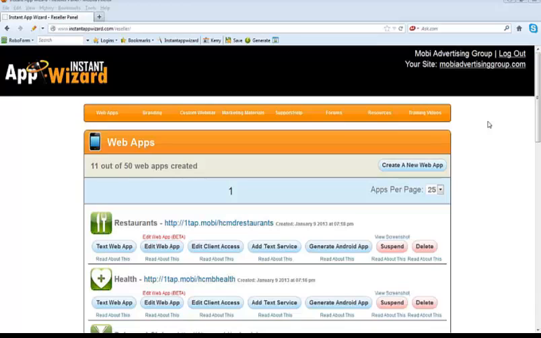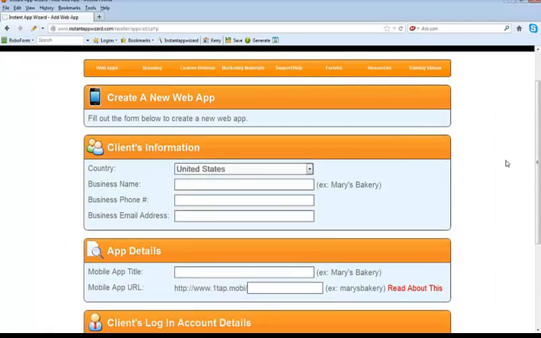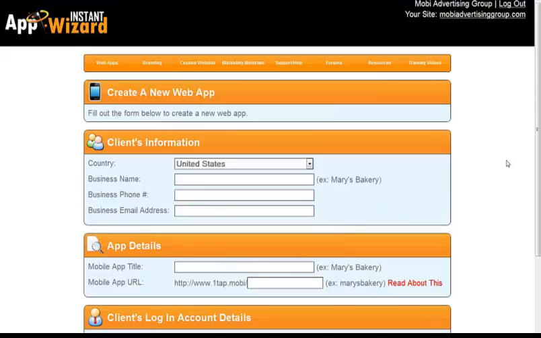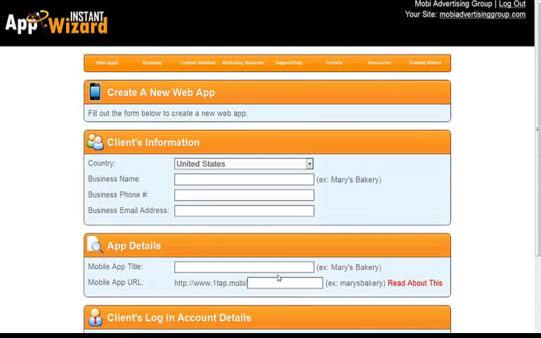Some of you are new here, so I want to make sure that you understand creating a new app, okay? The first thing you got to do is you go into your control panel and you go create a new web app. Now let me tell you something about this little section right here, okay? You have to be very thoughtful when you fill this out. This app detail information down here, once this is in here, okay, this app URL and some of this information that's in here, now you can go back and change your login account details, but there's some stuff in here that you cannot go back and change. It doesn't allow you to go back.